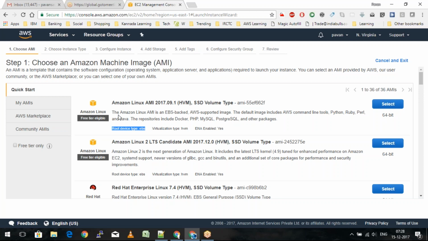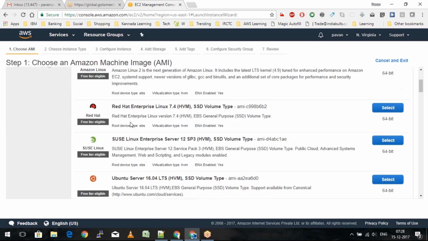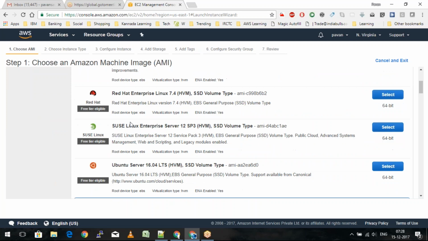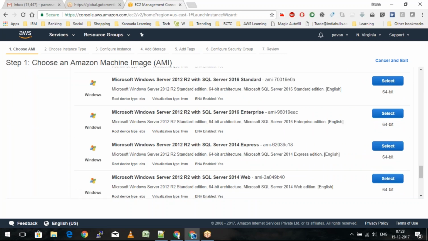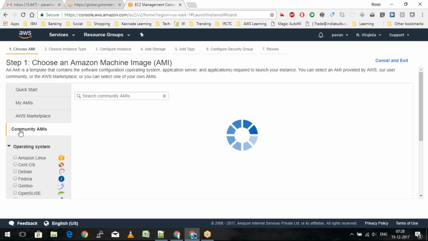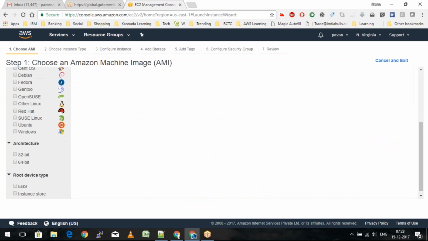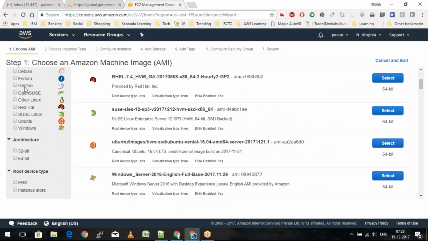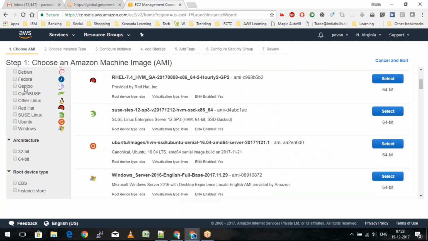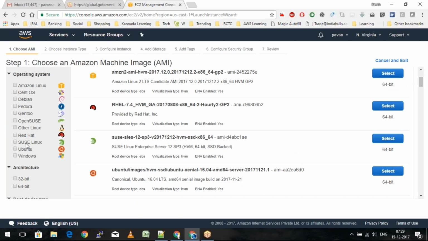Similarly, we'll also be able to see the instance store volumes. As I just said, currently Amazon doesn't support instance store volumes anymore. However, people have created their own AMIs, which are available as part of the community. You just go down to the community AMIs and scroll down a little more, and you'll be able to select an AMI on the basis of operating system, or architecture, or also on the basis of the root device type. So here I can select the instance store,